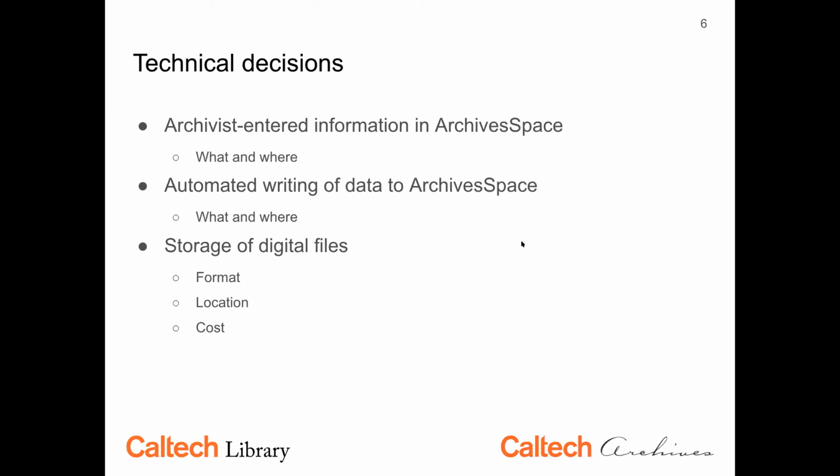And then we also had to think about, what is the data we wanted to end up in ArchivesSpace at the end of it all, and where in ArchivesSpace. And so in terms of how ArchivesSpace is set up, we figured that utilizing digital objects and digital object components to store information about preserved copies of files that are attached to archival object records makes the most sense for us. And so we wanted to figure out how we could write, if it didn't exist, we needed to write component unique identifiers to archival objects, and we needed to create some of these digital objects and digital object components along with the data that would sit in some of those